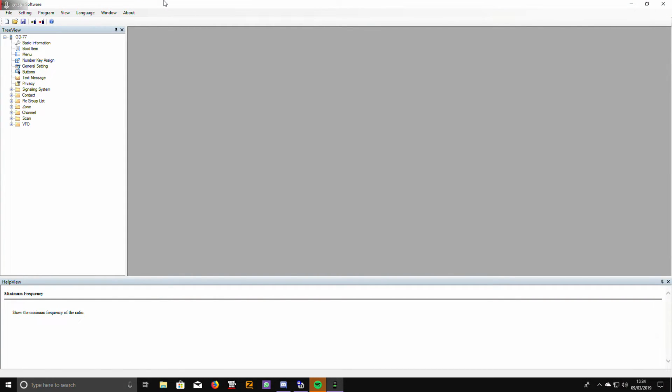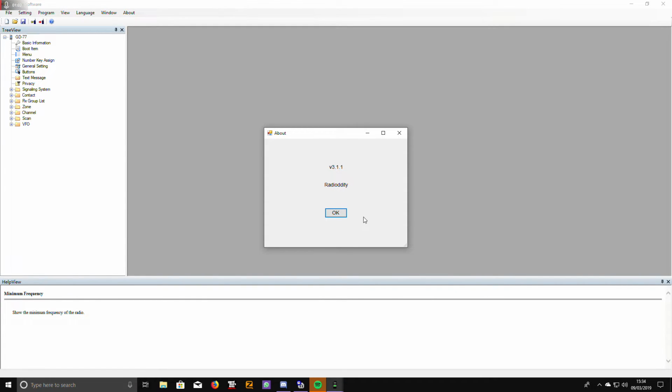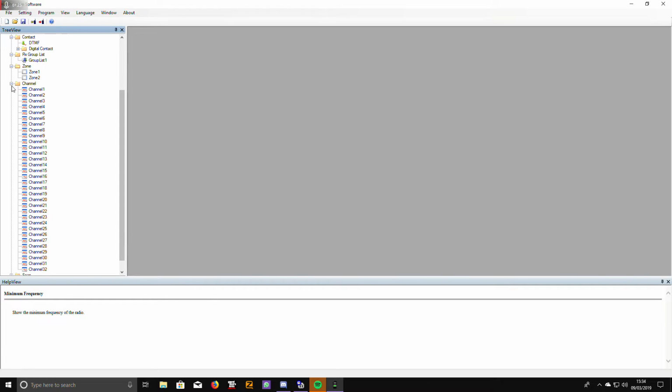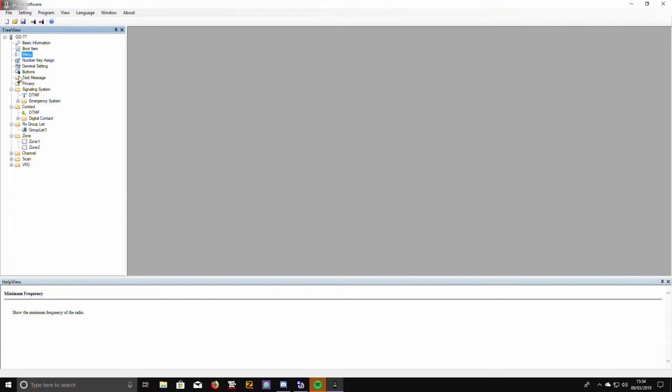Okay, so now we come to the actual programming of the radio, and the software I'm going to use is the software for the Radioddity GD-77. It's version 3.1.1, but the basics of what I'm going to do here are the same for all DMR radios. There are so many options to configure on a DMR radio, it would take hours to cover them all. What I'm covering here is the very basics of what you will need to program a radio and get up